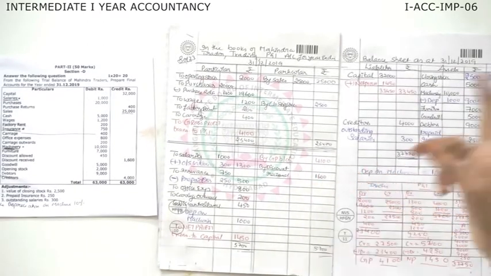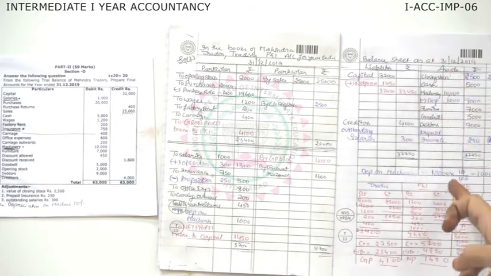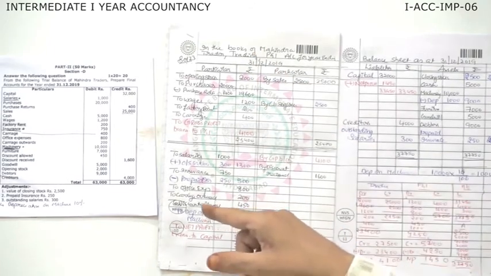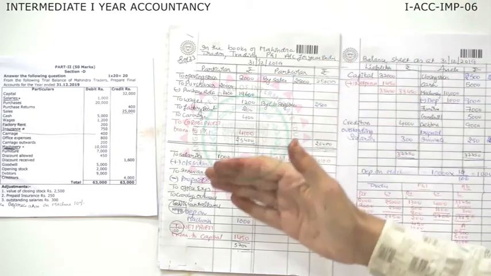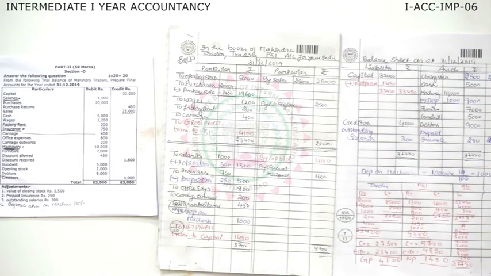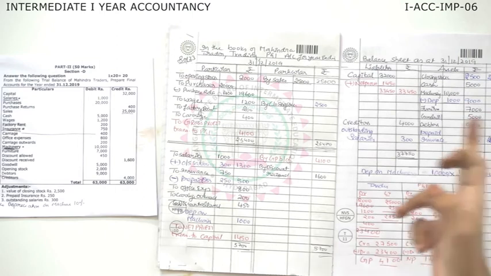If it is an income, profit and loss account, credit side. If you find that it is an asset, post it on the asset side. If it is a liability, post on liability side. And wherever you have marked the adjustment, while posting that item, post it in the inner column. Then give the effects of adjustments after completing the posting. Once all the postings are done, first close the trading account to get the gross profit. Transfer the gross profit. Then do the profit and loss account to get the net profit.